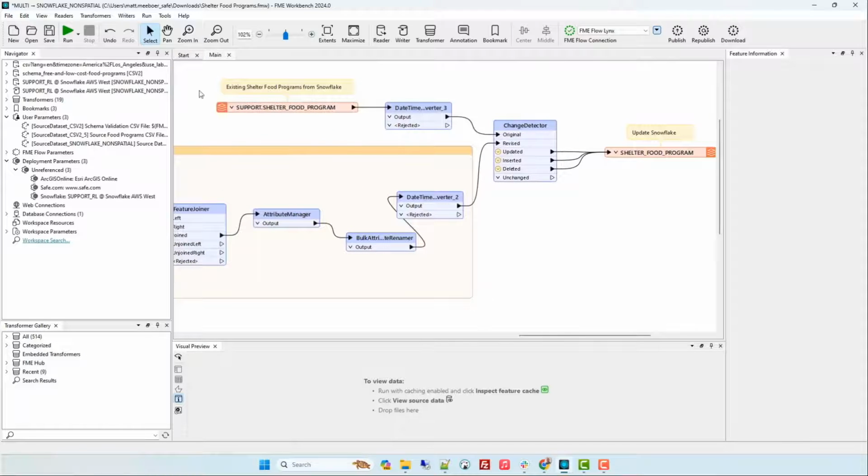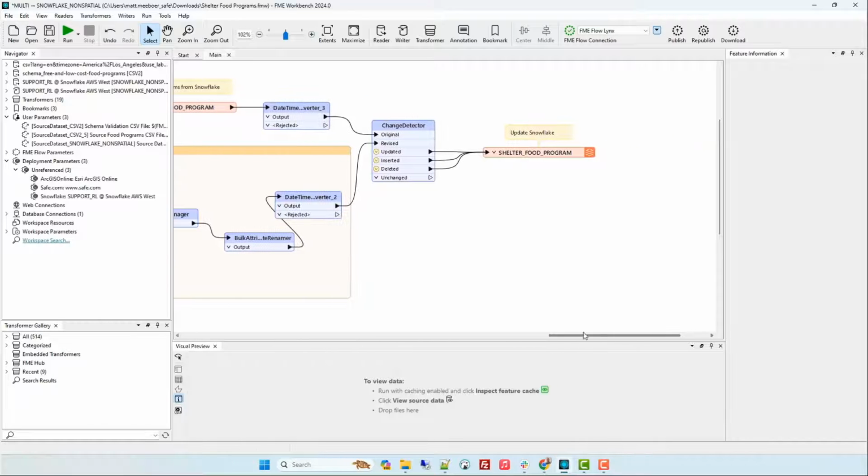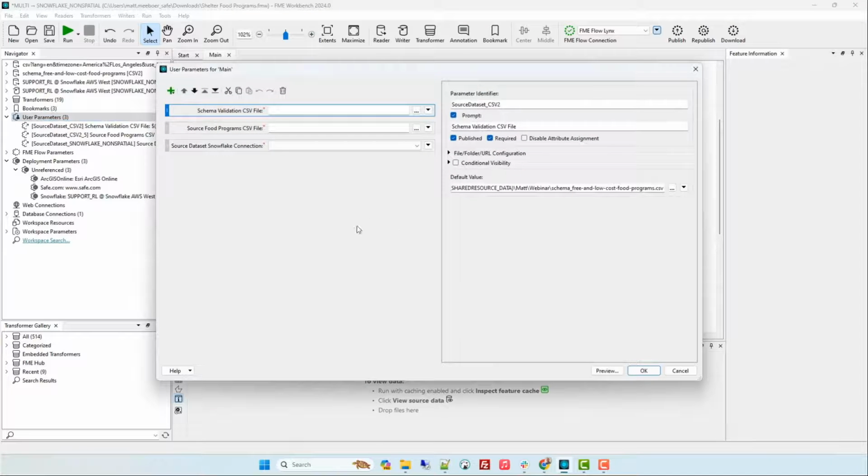And then we're going to read in the existing master table of shelter food programs and use this really useful transformer called the change detector. It'll detect changes between the two data sets, and we'll use those changes to update the master list in Snowflake accordingly. So if we look at our user parameters here,